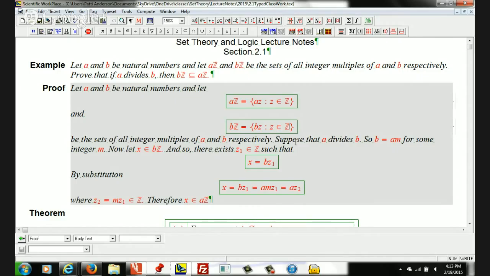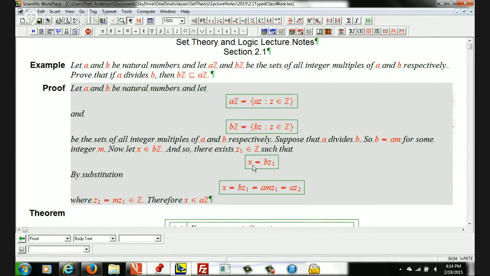You'll find this book is very good at not telling you what the whole hypothesis was. I still want to see that whole hypothesis, because we're at the point that it's still a struggle to identify what the hypothesis is. So I still want to see that you identify the hypothesis, and the conclusion also at the end. Did you know what you were trying to do? So that's why we do the outlines, and that's why we do the writing of the proofs. And why we take time in class to write proofs and do the homework. Okay, so